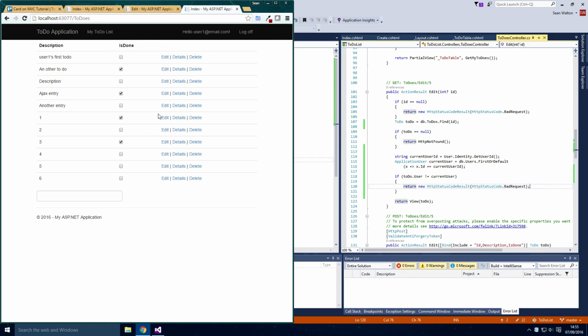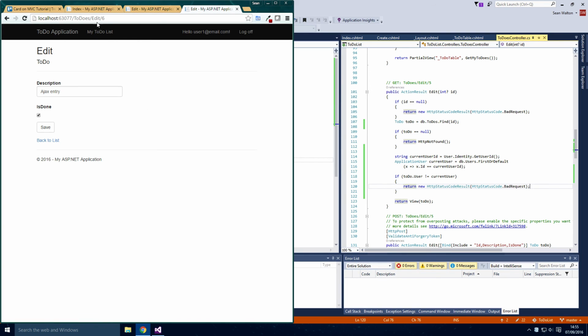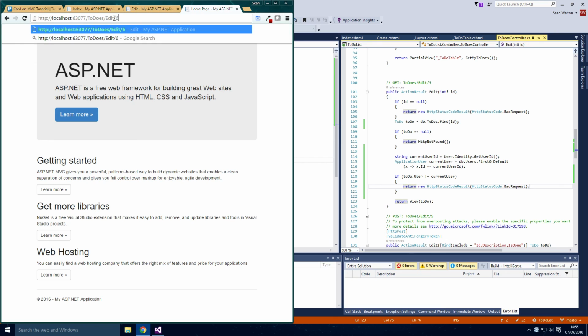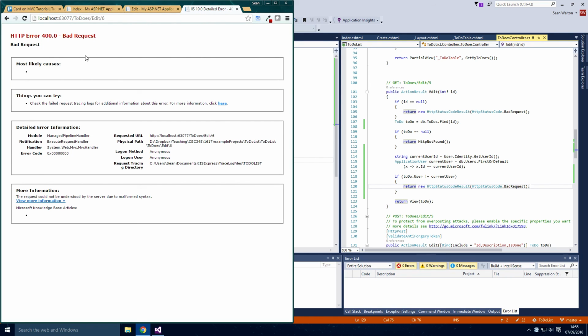My to-do list, edit. Okay, that's worked. So now if I copy this URL, log off, and paste it. There we go. We've got a bad request. Because in that case, I'm not the current user because I'd logged out. So it didn't let me, the form didn't